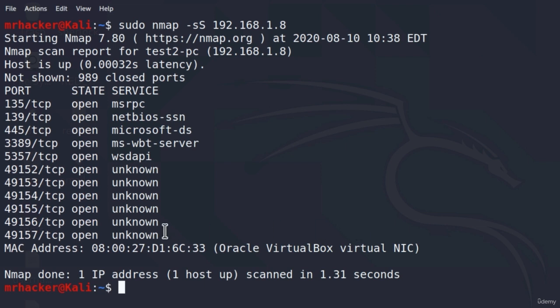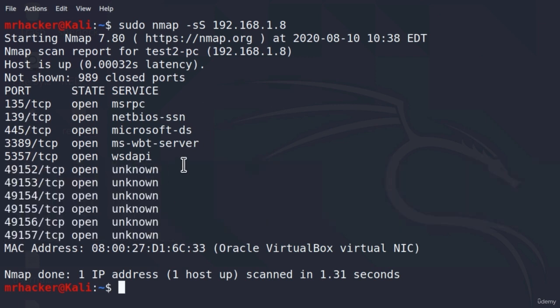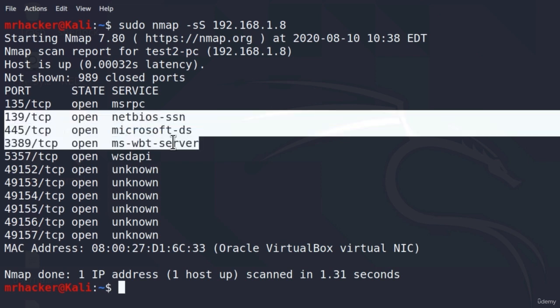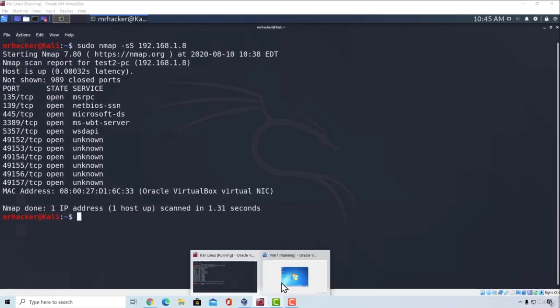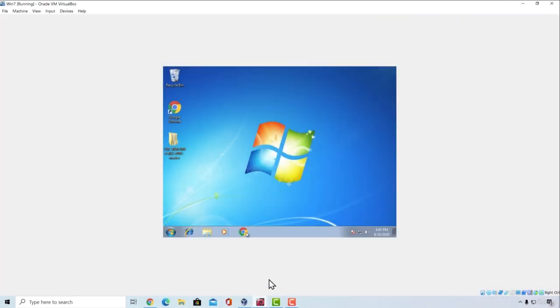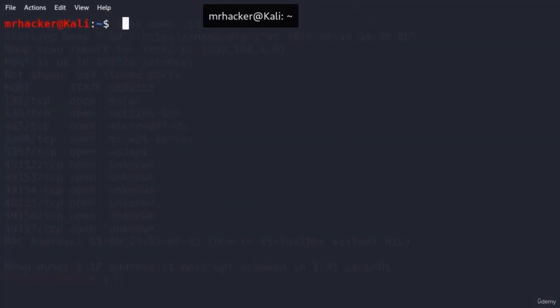So for now, what I got right here is the scan of my Windows 7 machine. And your scan should look similar to mine. Now, these ports right here are not important. What is important is that you have these ports right here open. So port 445 and port 139. Also make sure that your Windows machine is up and running. And if I open my MSF console right here,